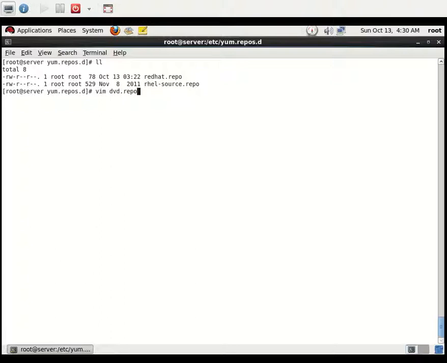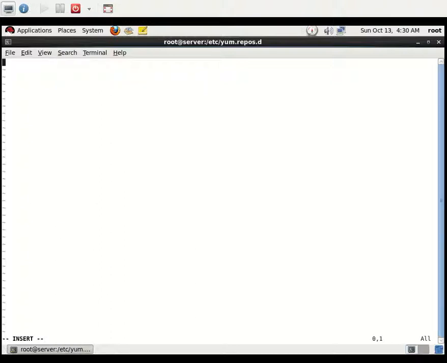dvd.repo. Inside that file we need to configure the location of the FTP and how it is to be installed, and whether the repository is enabled or disabled. For that I just configure the section as dvd package.